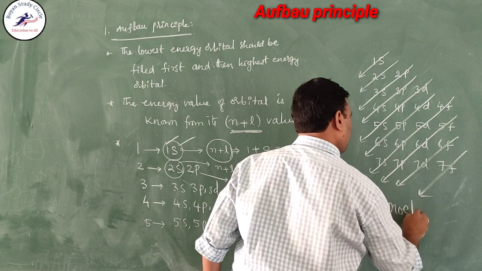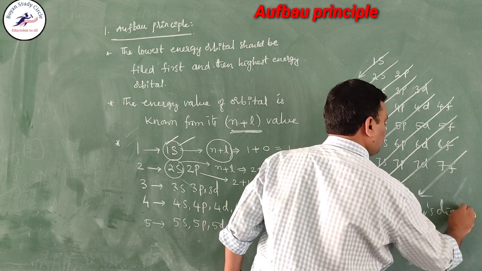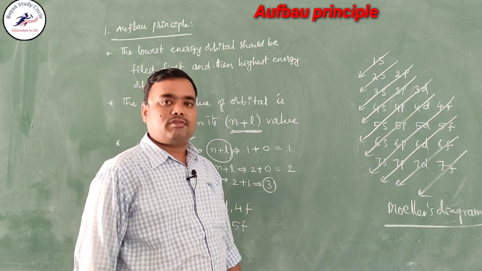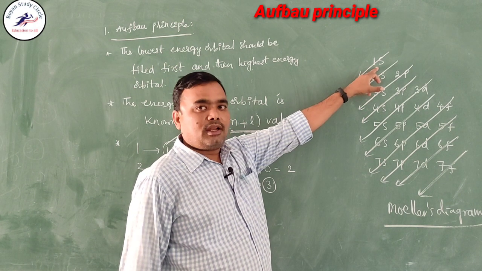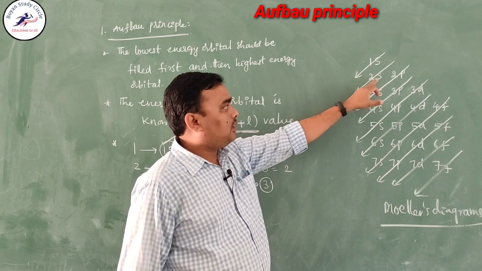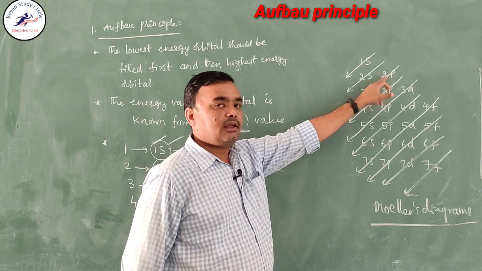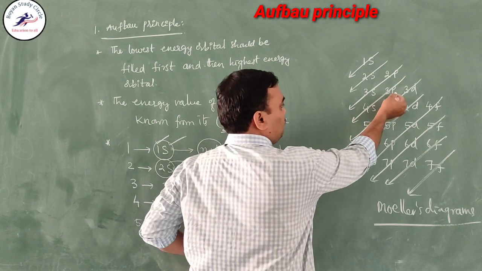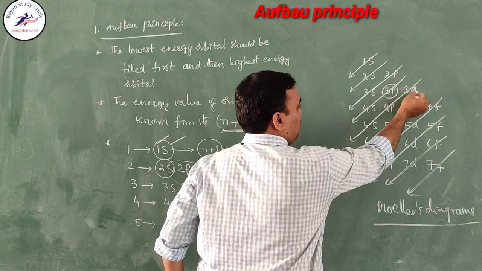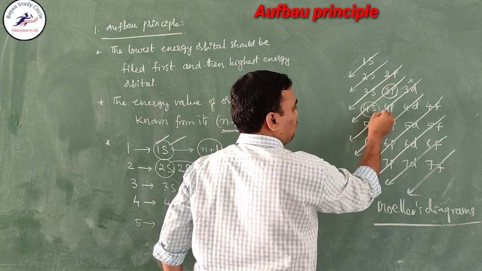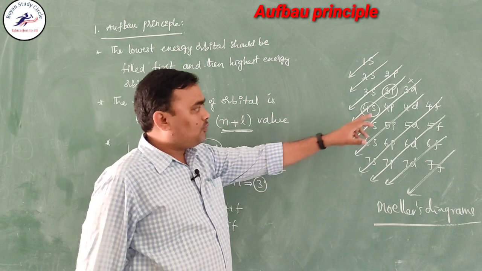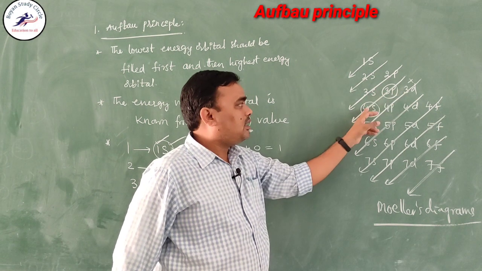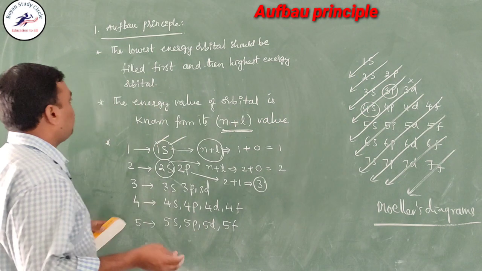So, this is Moeller's diagram which shows the energy of the orbitals or the order in which the orbitals should be filled, right. So, according to this diagram, first 1s is filled, then come to 2s, then 2p, then 3s, then 3p. Here observe children, after 3p we are not moving into 3d, we are moving into 4s, right. Why are we moving into 4s after 3p? So, that means you have to calculate 3d and 4s energy values.